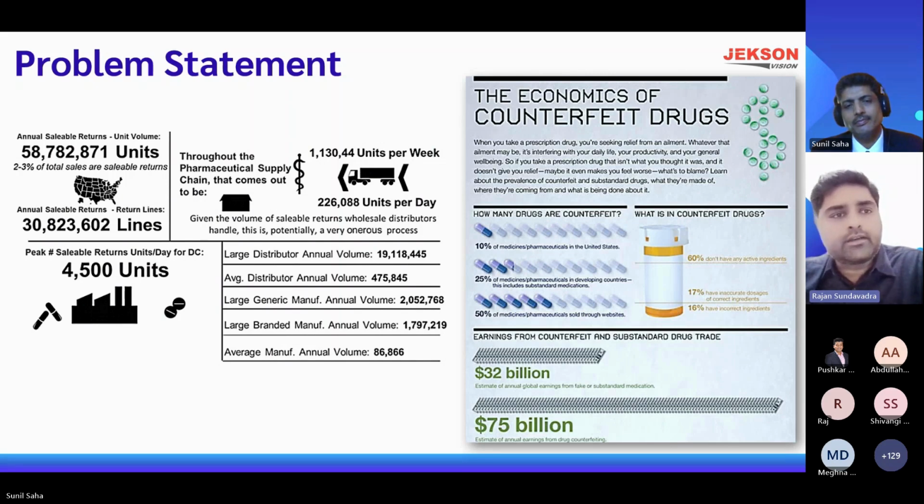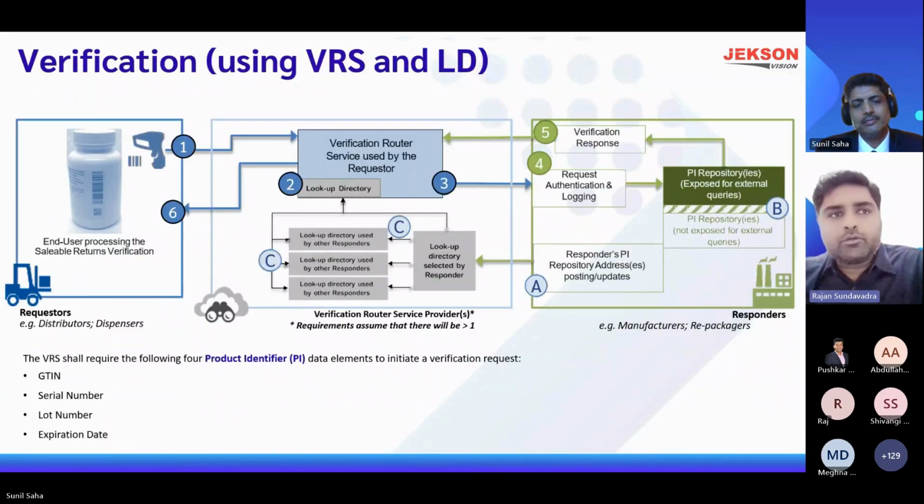And this is the reason why the DSCSA formed a decentralized system. If you just go to the next slide. So basically DSCSA defines two important terminologies which allow users to do sellable returns, which is due in November 2023. That is VRS, which stands for Verification Router Service, and the LD,